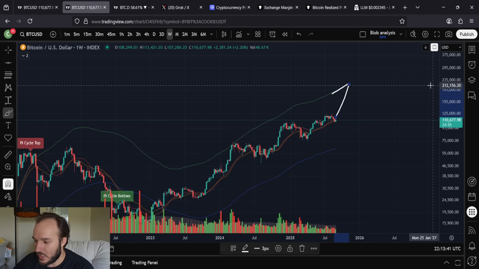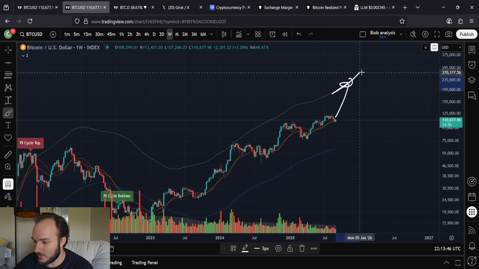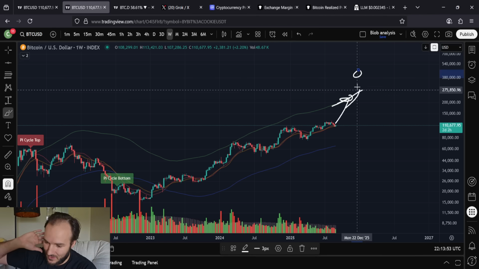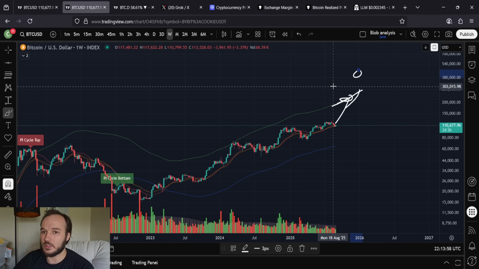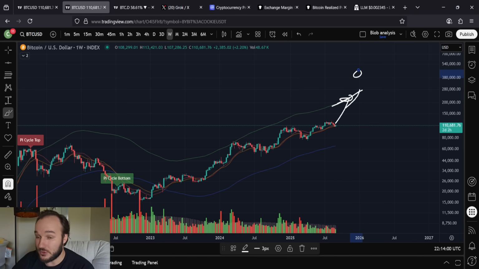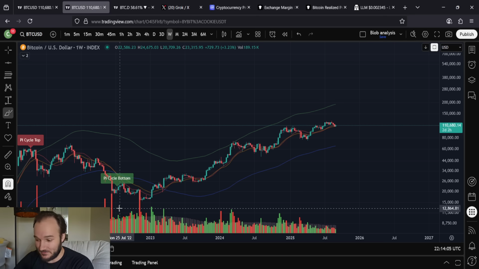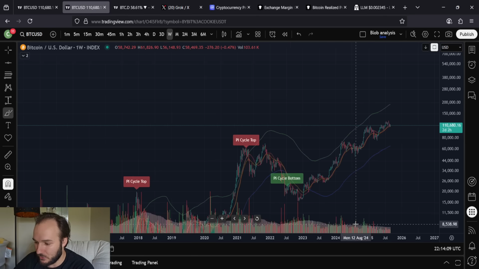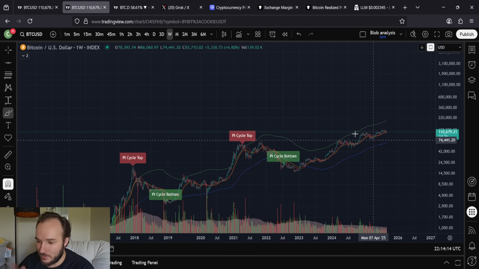When it happens, the price is not just going to be here. That's where the indicators will be. Maybe they're out over here. The price will be some amount of significance higher than where these indicators cross, right? Which means that Bitcoin will likely see a $300,000, $400,000, $500,000 price before the end of the cycle, and that's what I'm thinking is going to happen. It's going to see a $500,000 price by the end of the cycle, but we're nowhere near that now. Okay, certainly not. We're definitely in a bullish trend overall. We are not in a bearish trend. We only flip bearish after these pi cycle tops happen, which we haven't seen yet.